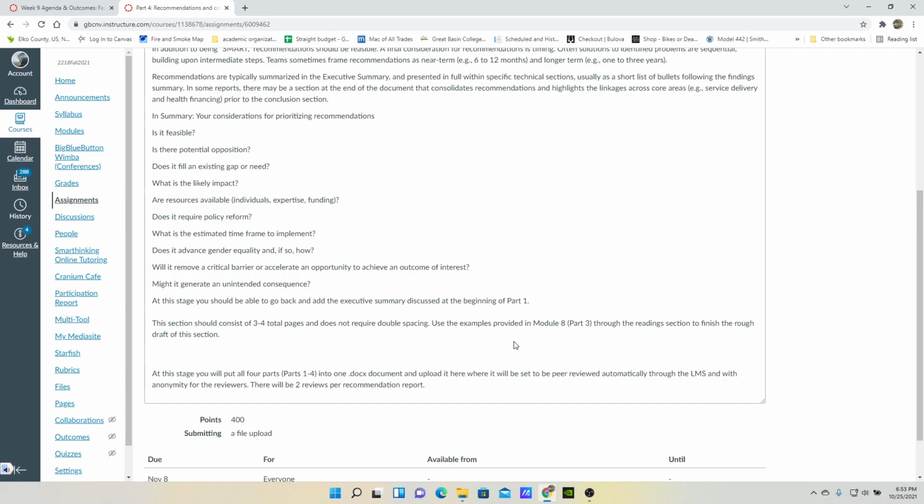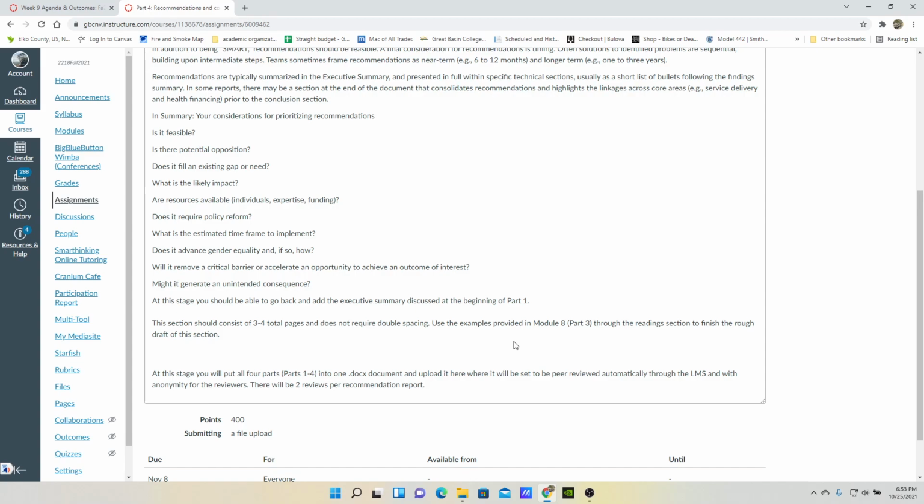It does not need to be polished. It does not need to be complete. It needs to be put all together so that all 4 parts are in one Word document or one docx document. Don't do this in a PDF. And then you will upload it here, obviously, to the assignment Dropbox so that it will be set for peer